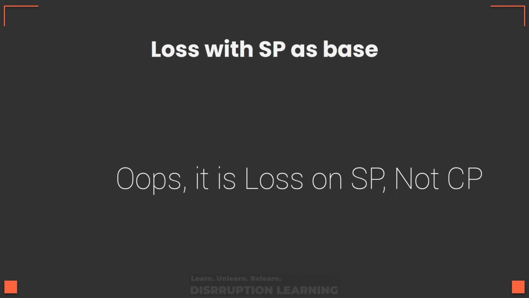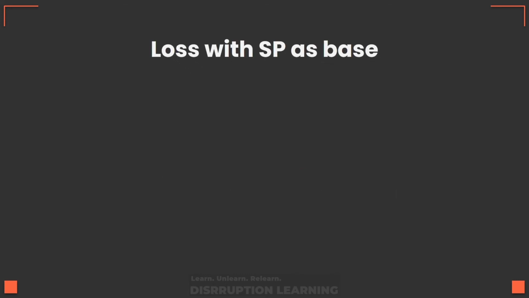Now, the concept of loss with SP as a base is quite the same as what we saw in the last slide. So we'll take an example here. Let's assume that CP in a transaction is 500, okay, and SP is 400, okay. So loss is 100. Now, loss on CP is 100 by 500 into 100, that is 20%. Or that is 1 by 5, while loss on SP is 100 by 400 into 100, this is 25%, which